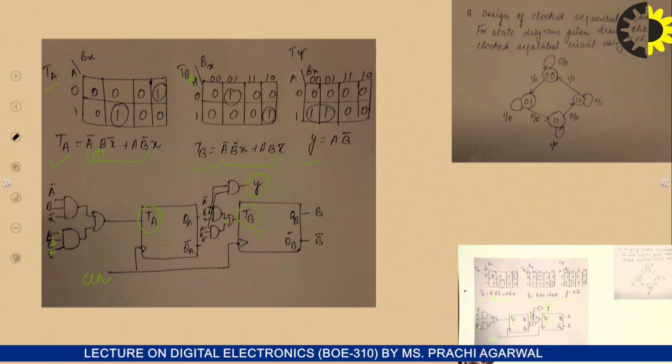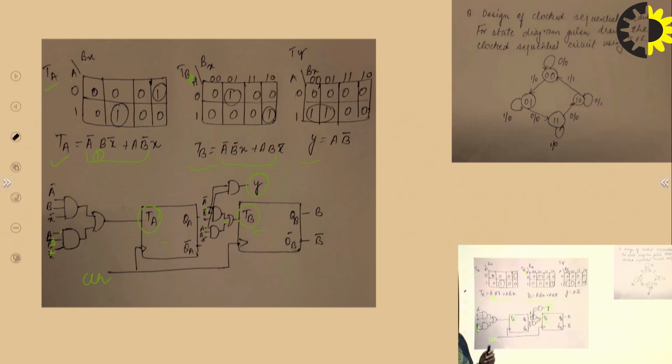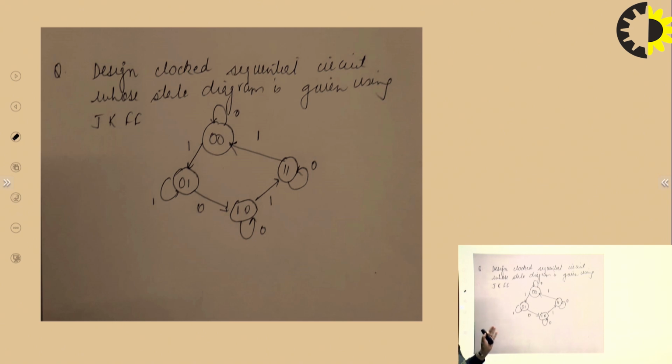How to design a clocked sequential circuit. This is a very important question, and such a question can come just with a change of flip-flop or just with a change of state diagrams, or, as I told you, the state table may be given, they may give any conditions, right? So this is a question which you can try by yourself. So I'll just explain what we have to do. Design a clocked sequential circuit whose state diagram is given using JK flip-flop. That means your state diagram is given and you have to use JK flip-flop to design this particular circuit.